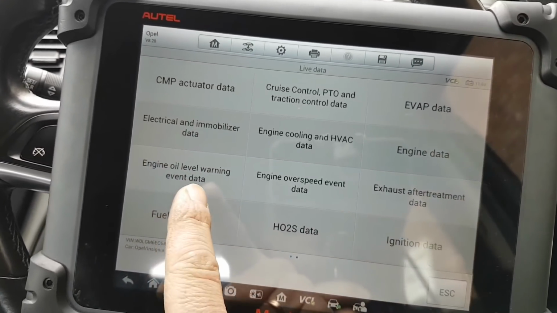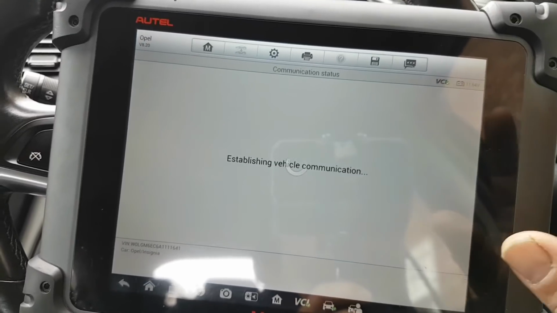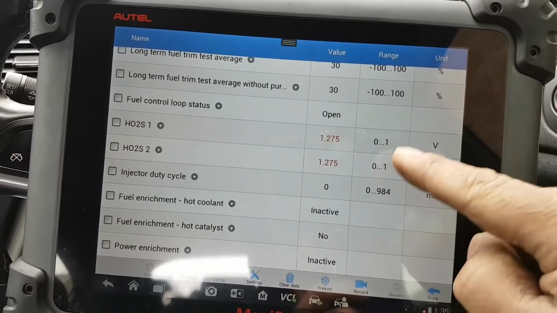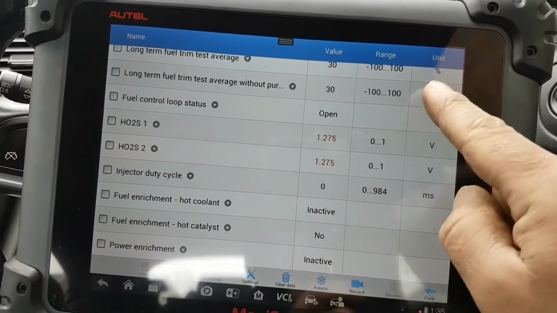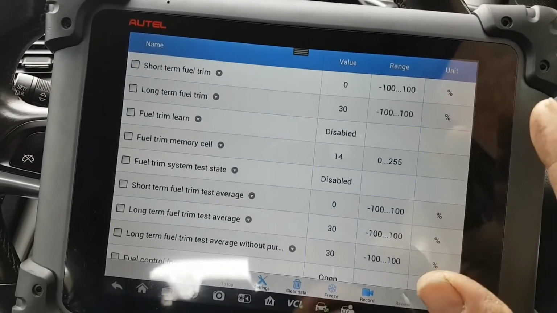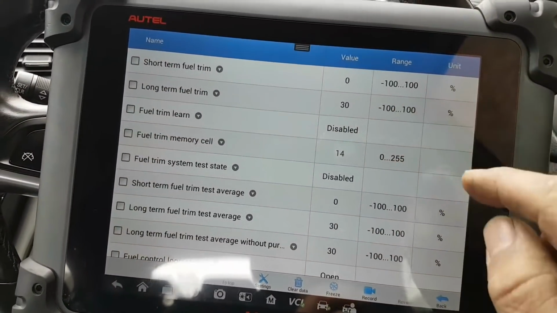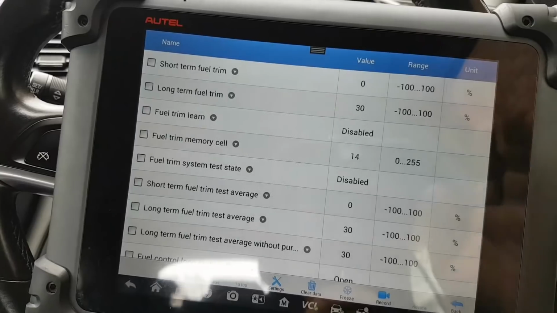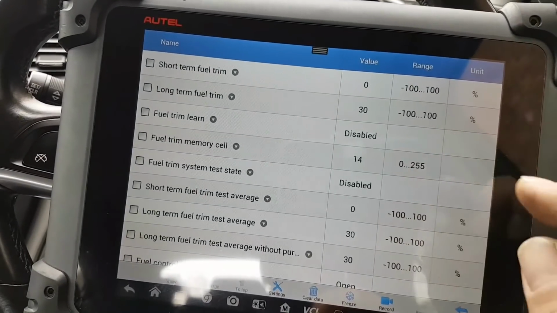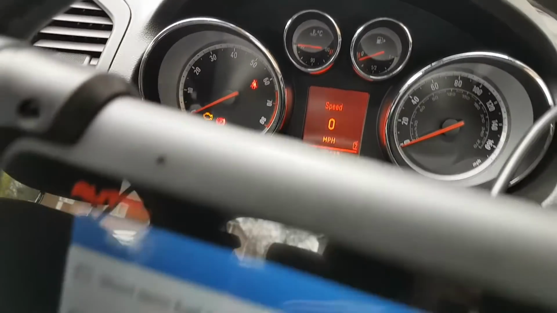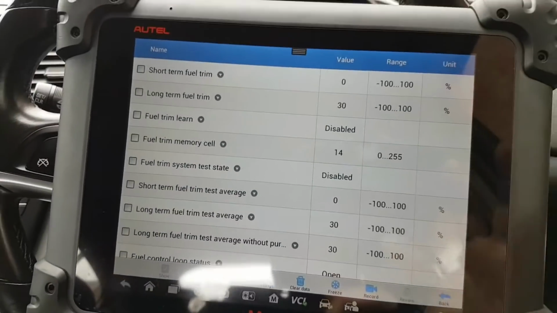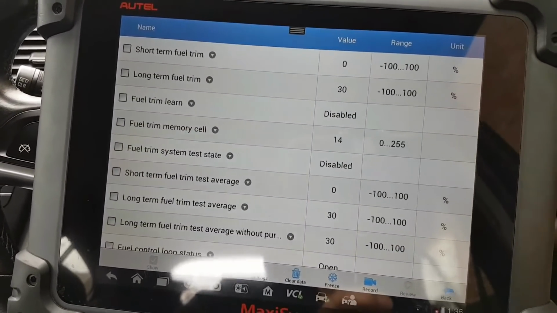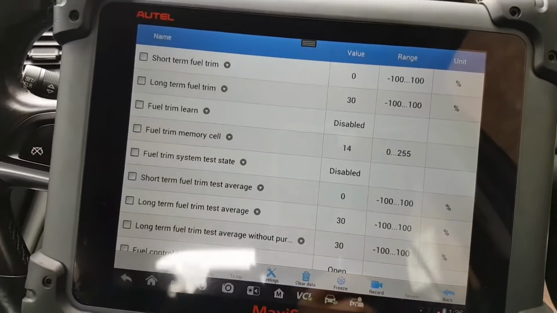So I'm here on this page now for the live data, fuel trim. All the live data we need is going to be here on the first page. So my O2s are in there, control loop status, so everything is here. We don't need anything else. So fuel trims, the long term is still at 30 where we left it last time. I'm not going to reset anything. I want to let the car come back to where it should be. And my engine light, I don't know if it's going to go off on its own or not, but we'll have a look. I haven't started the car for the last 3 days, or whenever was the last time I worked on it. So we're going to press the clutch,